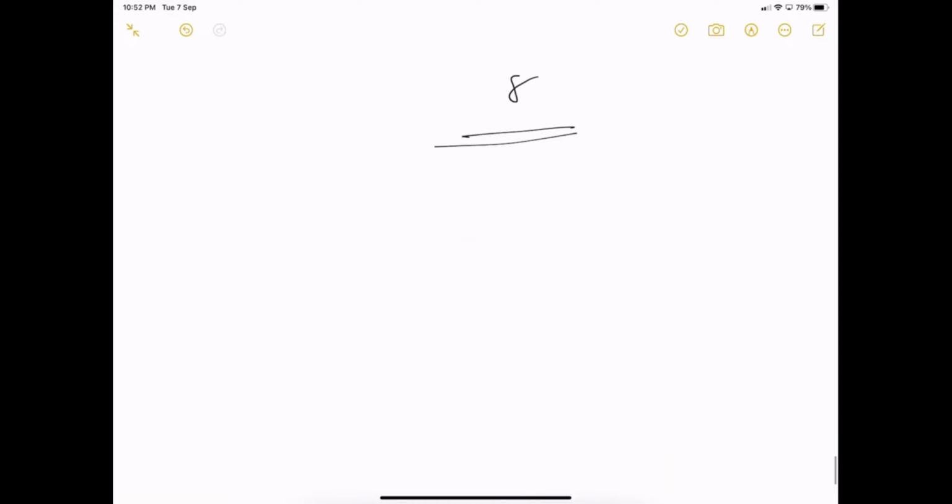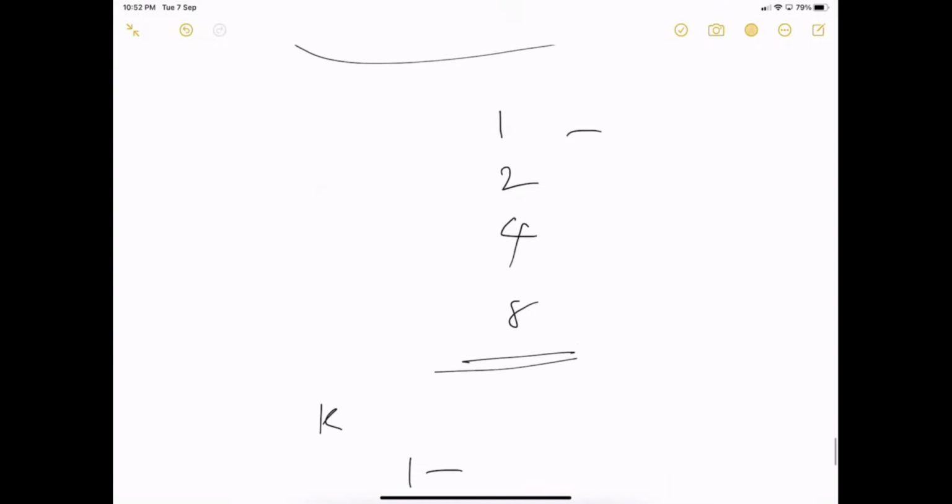But forget both of those cases. Let us consider one thing. Imagine that we have k steps, and in the first step, what will happen? No, so this is 2 raised to 0. This is 2 raised to 1. This is 2 raised to 2. And this is 2 raised to 3.